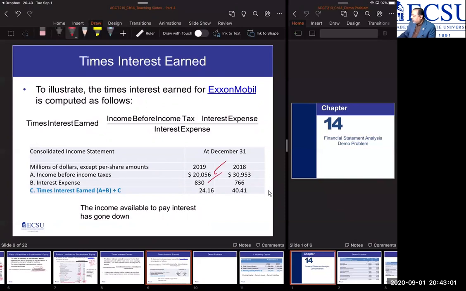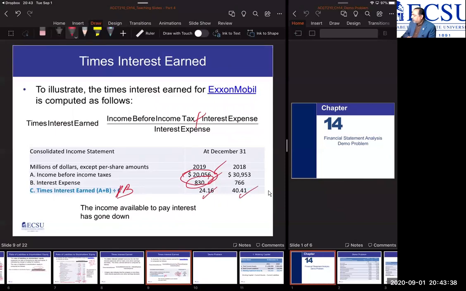So what we did was A plus B, we add these two, and then you divide by interest expense. So interest expense is again 830. You add these two and then divide by the interest expense. So that is how we calculate that. This is A plus B divided by B, not C. So that is how we'll get that ratio of